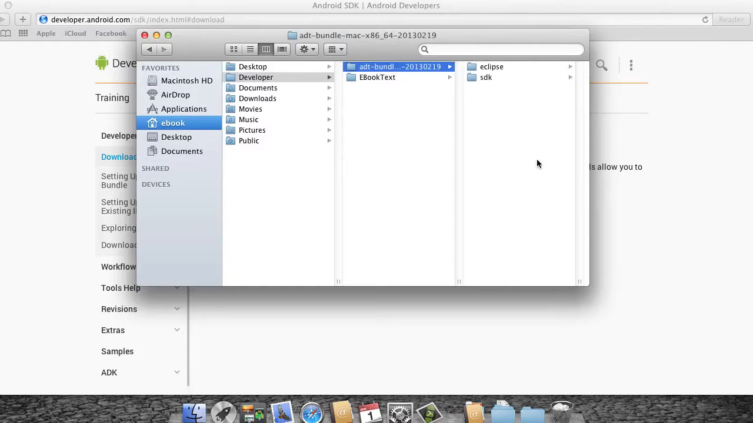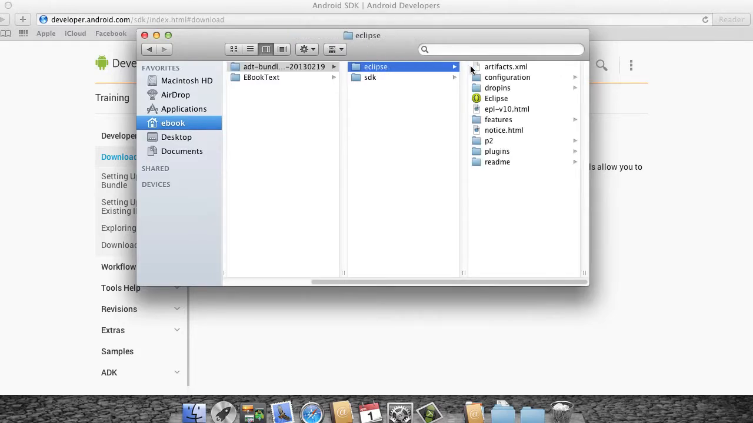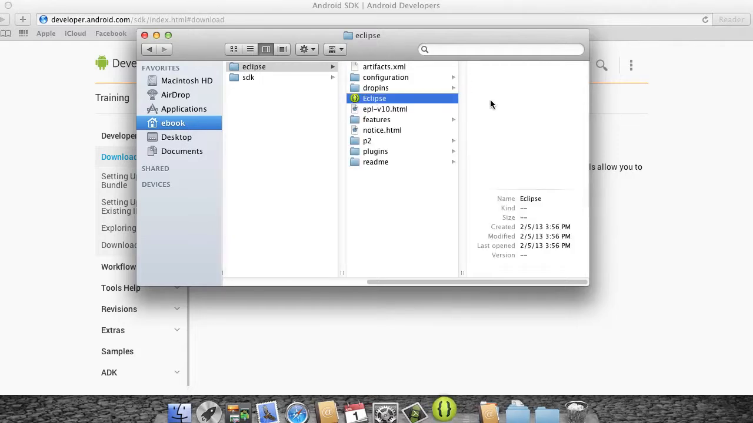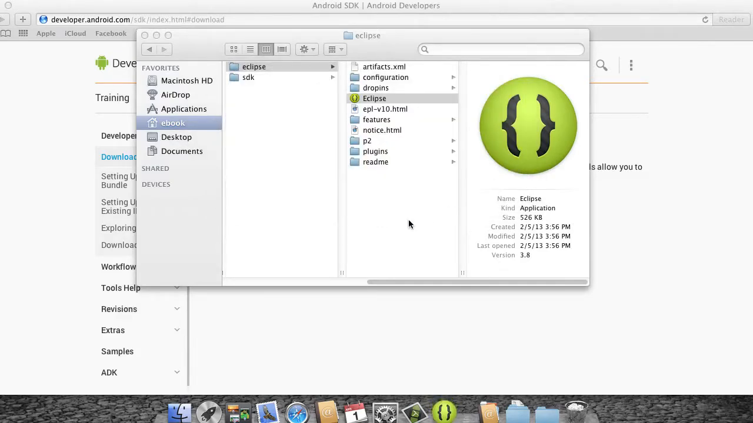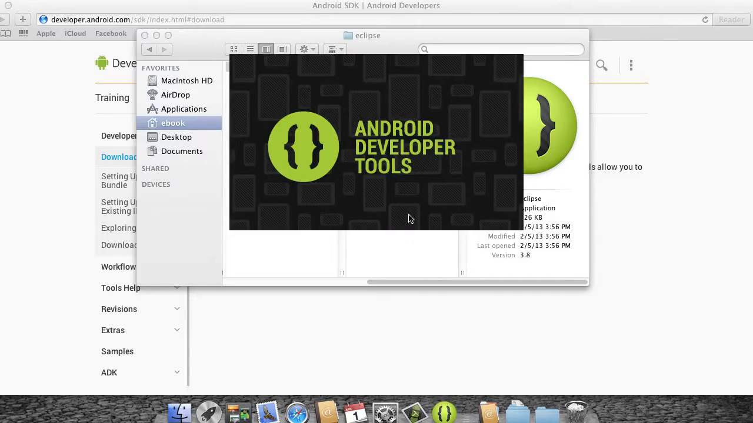Now, if we open this up and open up the Eclipse folder, we'll see Eclipse with its ADT icon, and we'll double click that, and we can see that it runs. We get the prompt about running an application downloaded from the internet. And we see that we're running Android Developer Tools. Now, to do the initial setup,